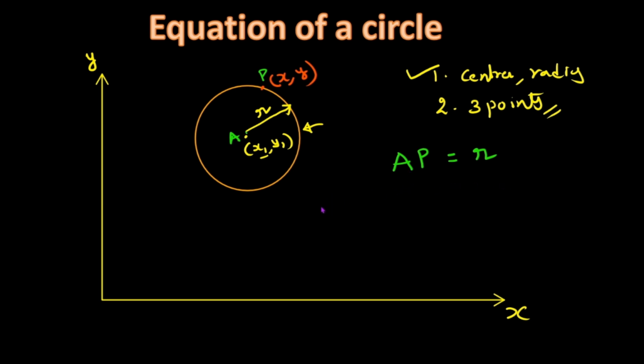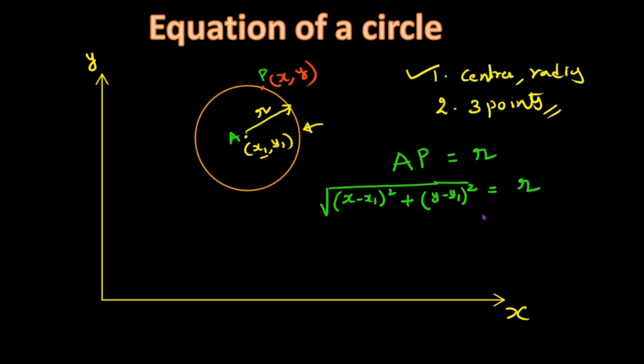It is the square root of the x coordinate difference, x minus x1, whole square, plus similarly y minus y1, whole square. So this is the distance between these 2 points,